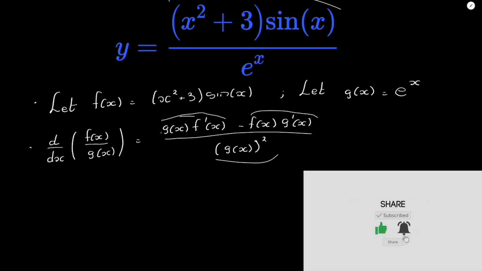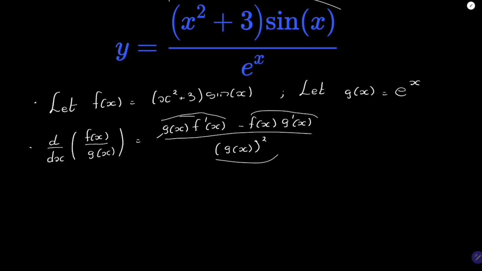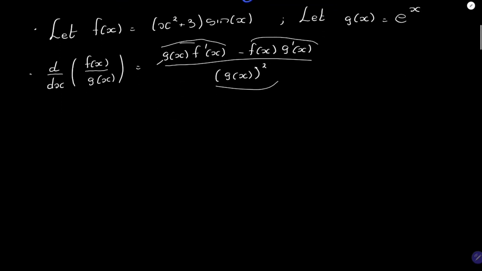In our first product, we already know our first term, g of x. The remaining term is f prime of x. So let's find f prime of x. First of all, we recall f of x. f of x is the function x squared plus 3 times sine of x. If we notice this function, it can still be represented as a product of two functions. That is,